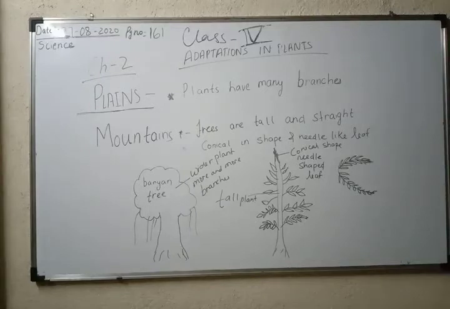Today we are going to discuss the plants found in plain areas. A normal land area is called a plain area. Take out your books and open page number 159. You will see one purple color block. It is written here: the flowers of the desert plant bloom in the night to avoid the severe heat during the day.